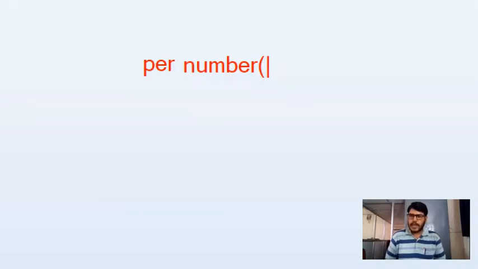Assume that among 5 digits, I'm going to consider 2 digits for the scale value. Say for example, I'm going to store a percentage value like this: 100.00. So this is 100 percentage.